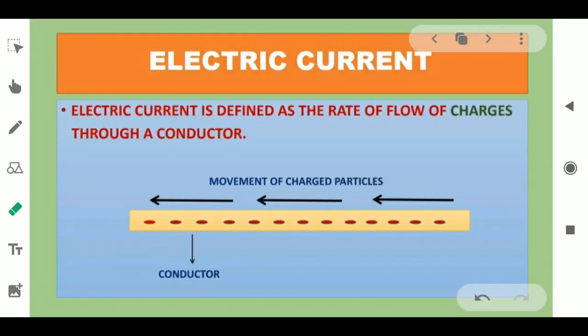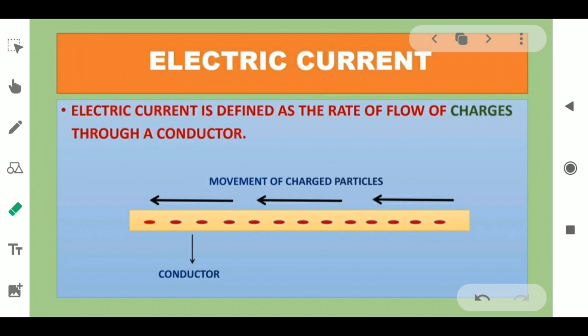Dear students, in this chapter we are discussing electricity, and the term electricity is familiar to you. We know that everywhere in our life we are using electricity, in the medical field, in domestic appliances, or in industry. It is an important source of energy in modern times. Yes, in this chapter we are discussing this electricity.